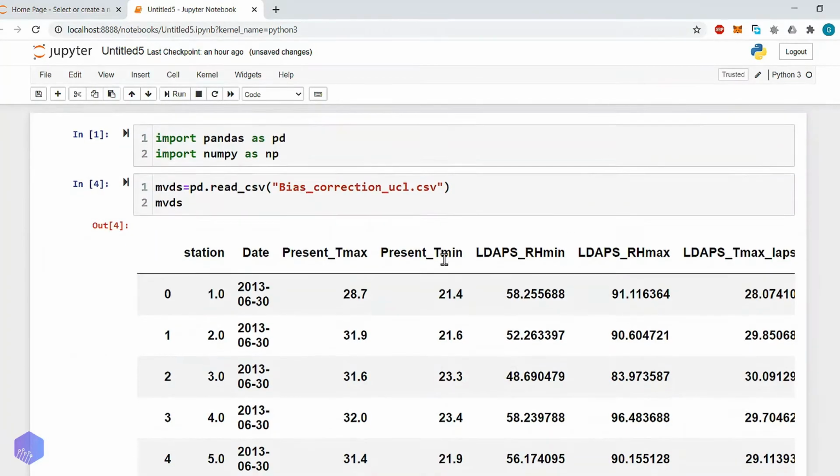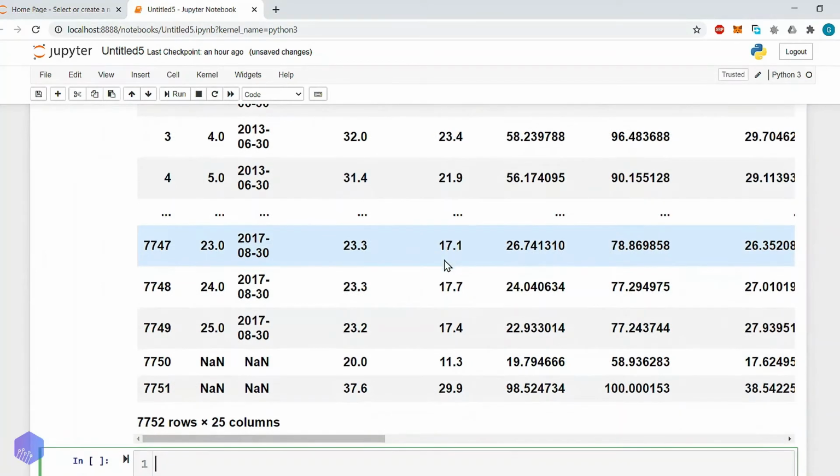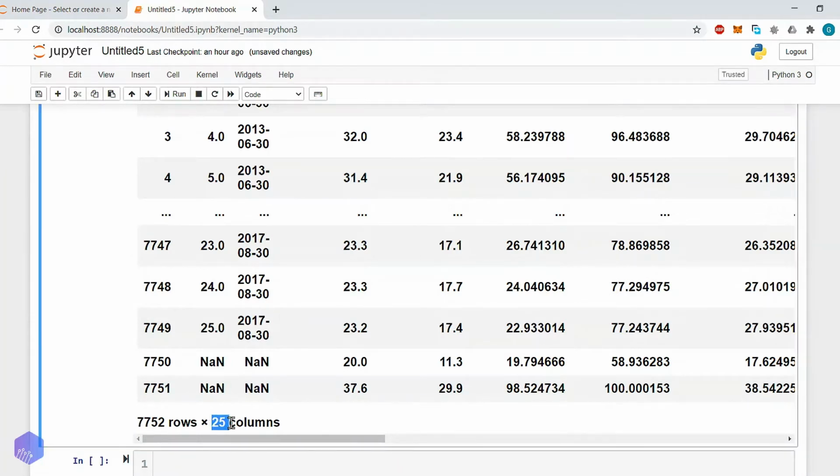As you can see in the output, there are a total of 7752 rows and 25 columns. So we can say there are 7752 rows, or you can say objects or samples, and each sample has 25 attributes.